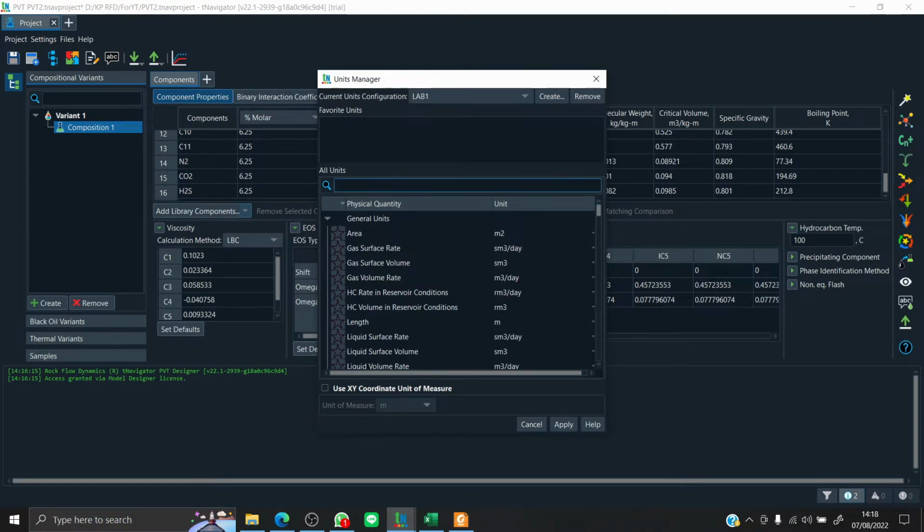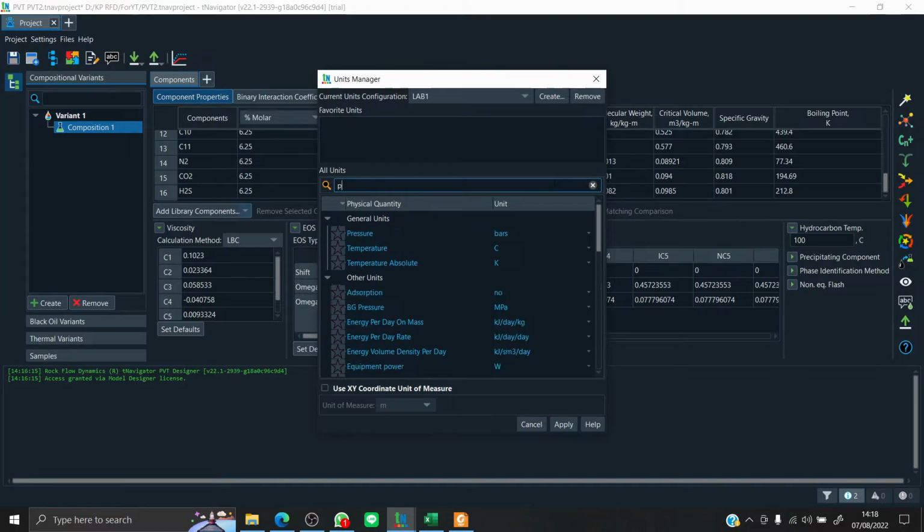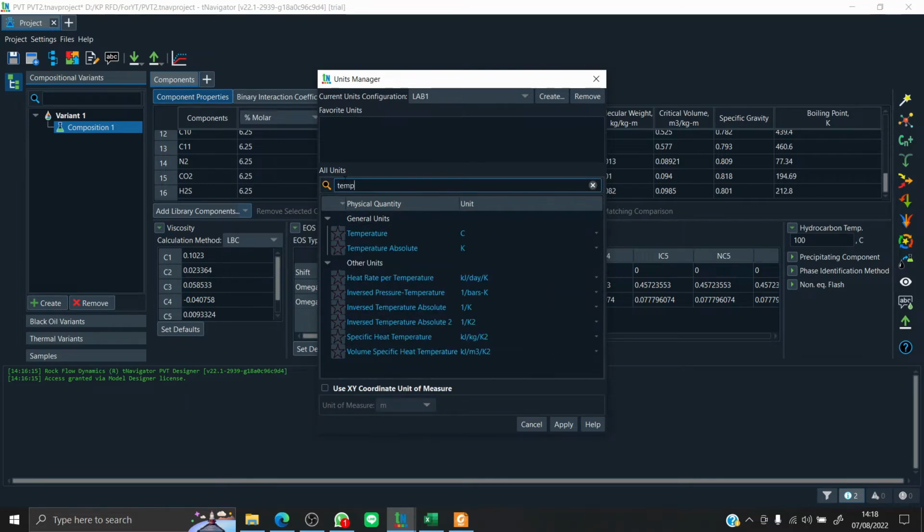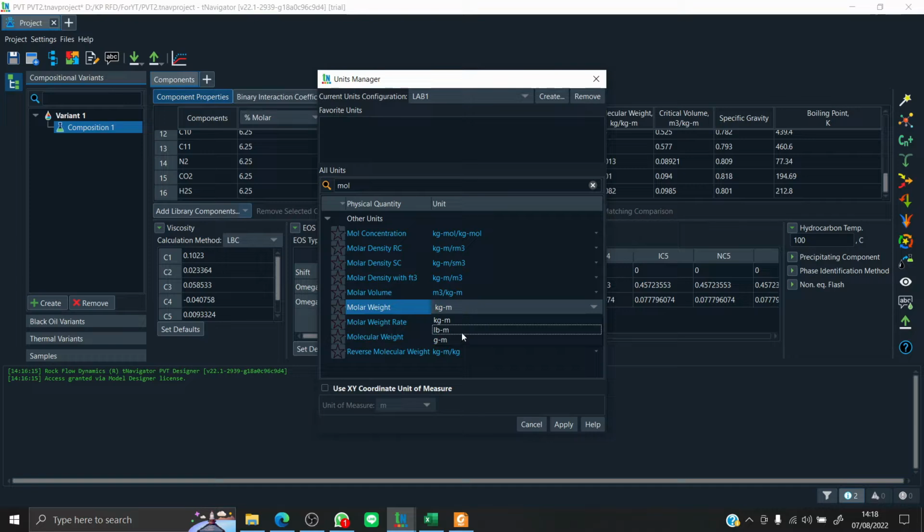Okay, so in our unit system, the pressure is in PSI and the temperature is in Fahrenheit and Rankine. The molecular weight is in grams.